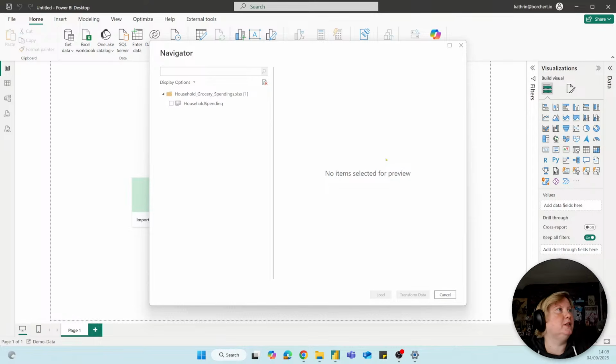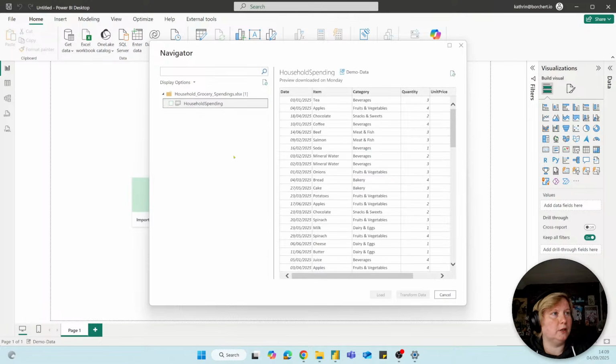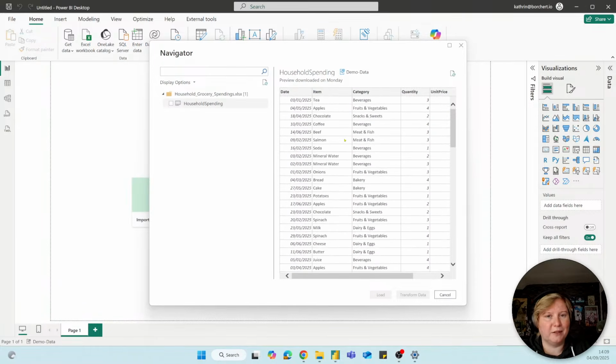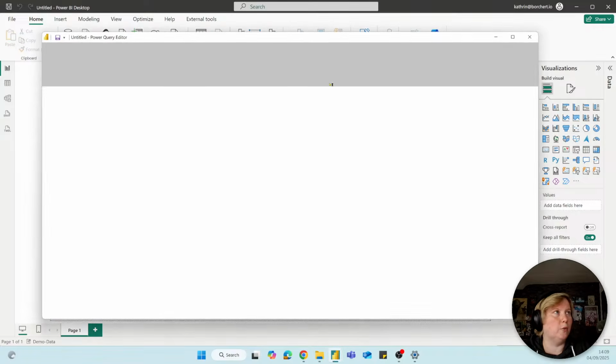So in the next part, you see here you have a little navigator window, and in it you see a little preview of your data. We already saw the preview in our Excel directly, and you see here also the little preview. It's not all the data, it's a preview, right? Otherwise it would take too long to load. And then we can click on the household spendings, and then you can say load, transform data, or cancel. We go on transform data because I want to show you the Power Query data